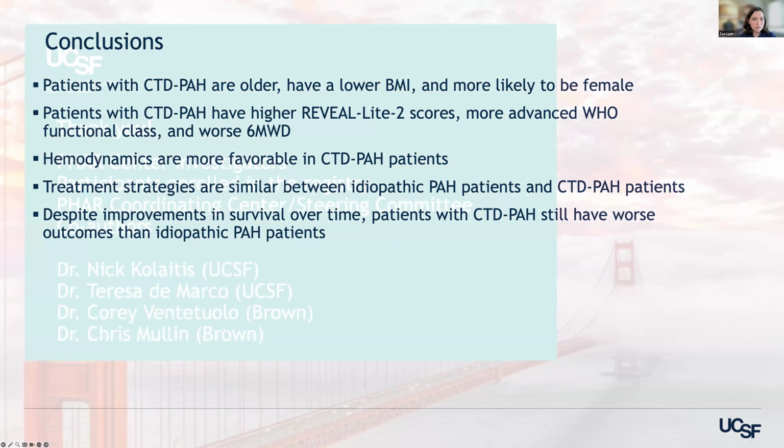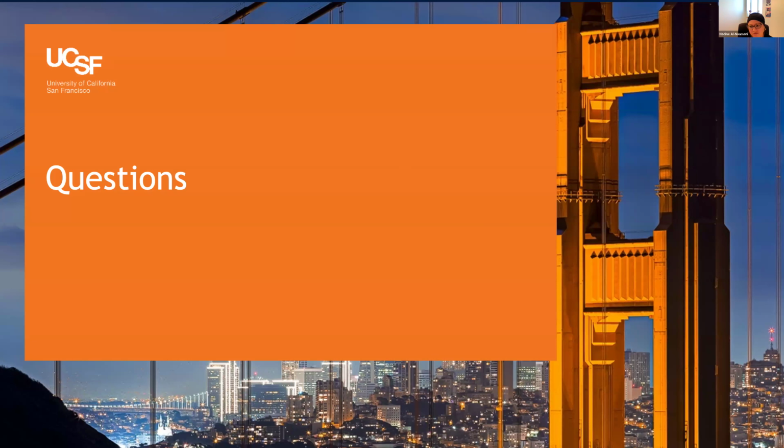Congratulations again, very important study that tries to shed light on this difficult to treat population. I see in your adjustment that you included a variable like for receiving treatment. Is that a surrogate for the severity of the disease that you created? And do you think that we're seeing the differences because they are higher risk when you look at the REVEAL score, or is it other than their hemodynamics that's driving these worse outcomes for them?